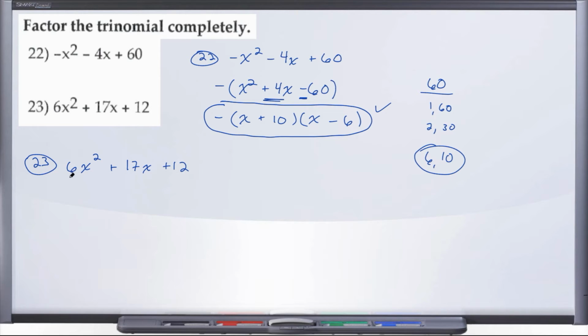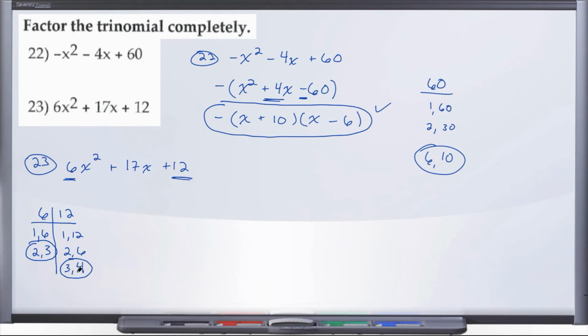And the scissors method says, go ahead and take your factors of the leading coefficient, so in this case 6, and then take the factors of your constant, 12. I put mine into a little chart, and now we're going to list our factors of 6 and list our factors of 12. So we have 1 and 6, 2 and 3, and then for factors of 12 we have 1 and 12, 2 and 6, and 3 and 4. And the scissors method says that you really should start with the factors that are closest together,